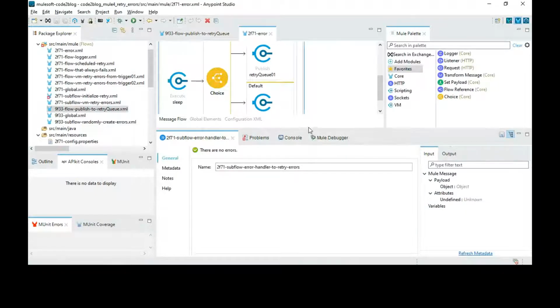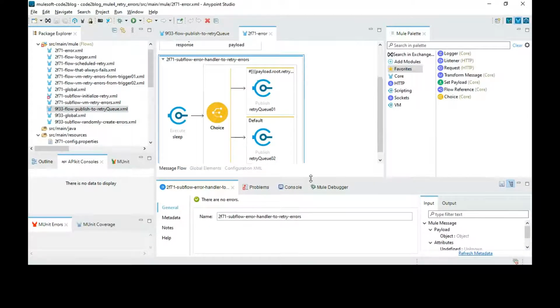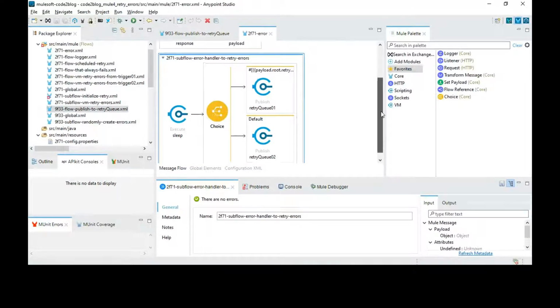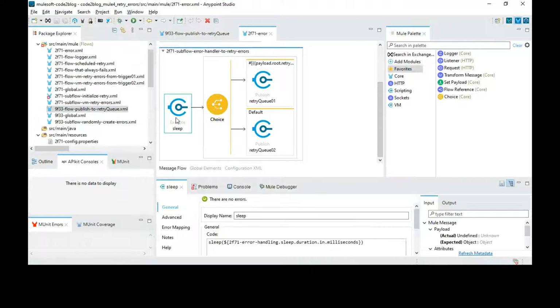a flow which puts the message into a retry queue, into two retry queues actually, based on some logic. Since it has caused an error, I feel that it is necessary to delay the transaction either by a few milliseconds or any other duration, which is also configurable.